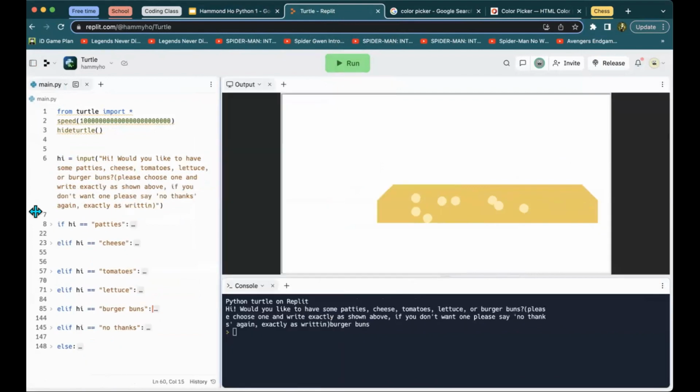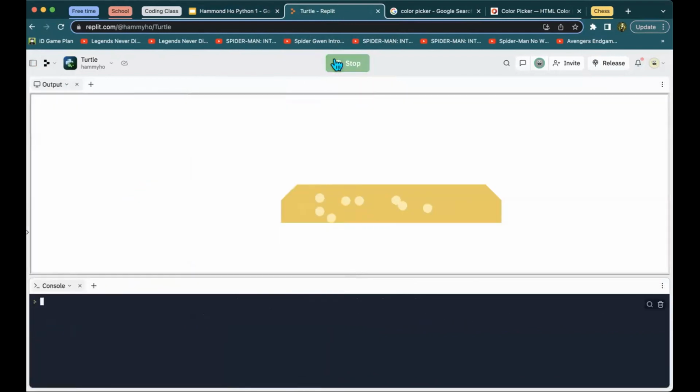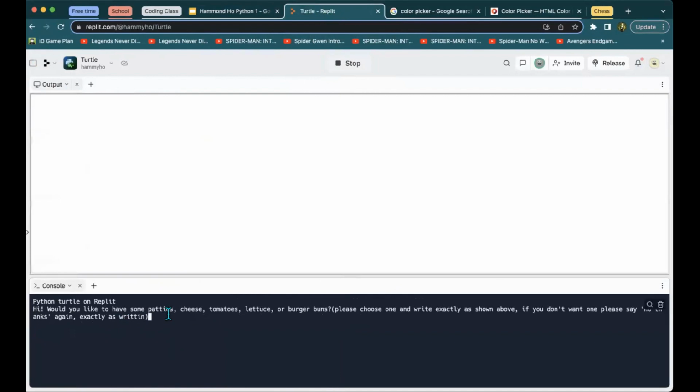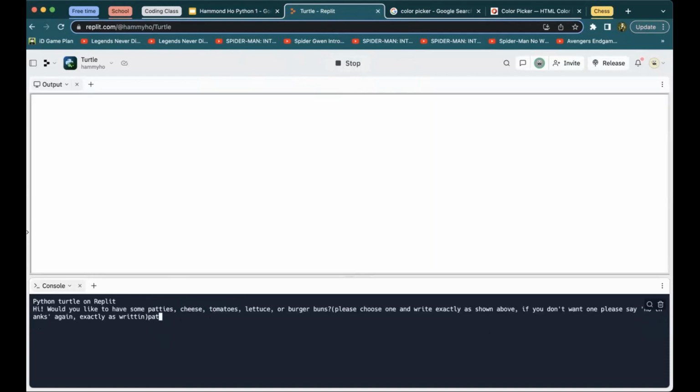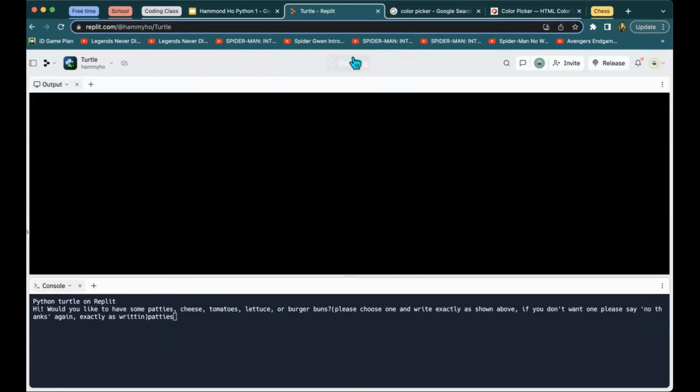So like this. I'll click run, and then here it'll say I have a choice between patties, cheese, tomatoes, lettuce, or burger buns. And if I don't want anything, I can just say no thanks. And cheese would show this drawn cheese slice. And if I do a patty